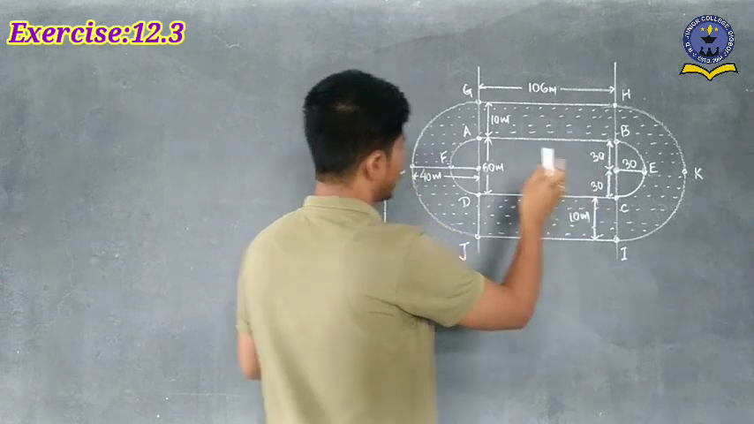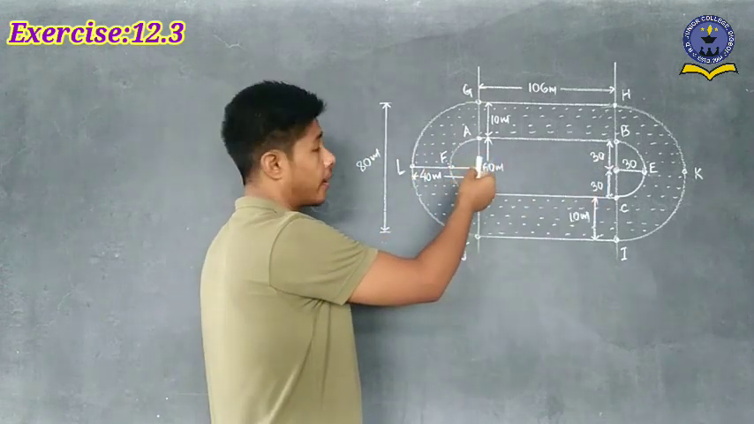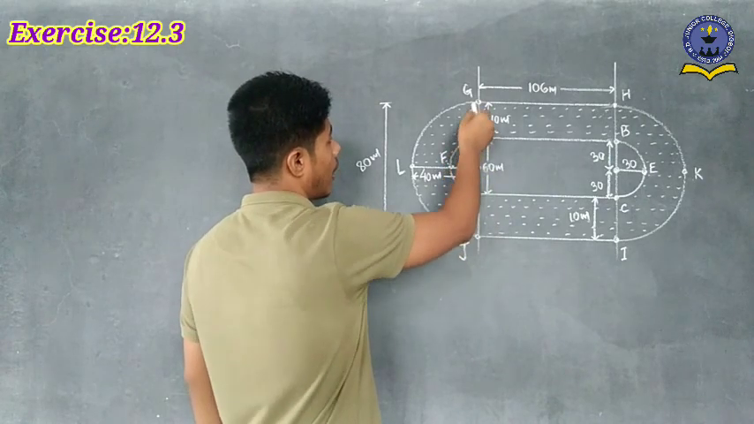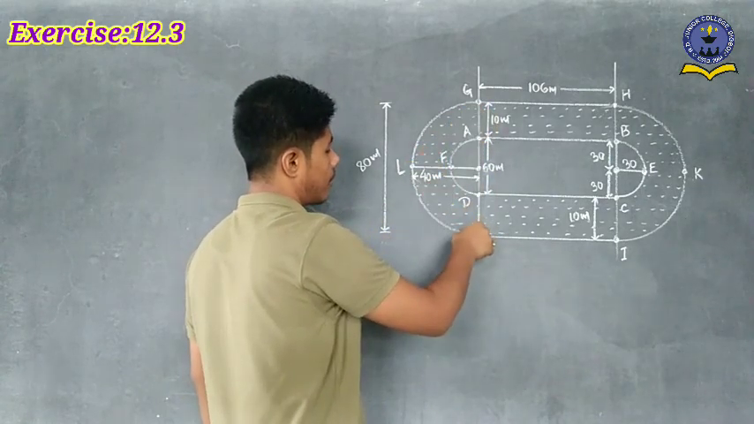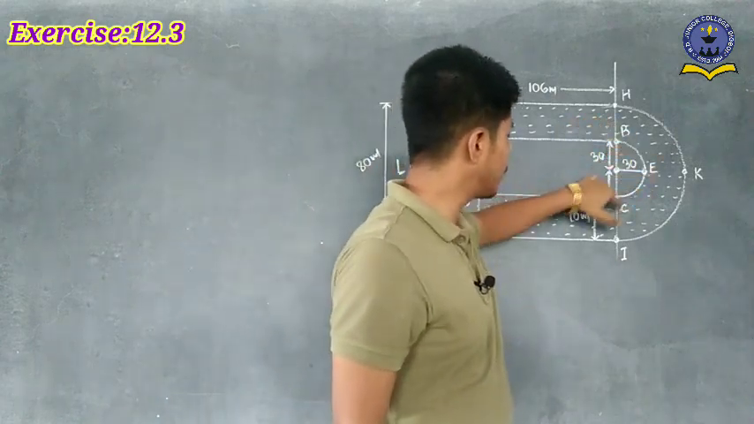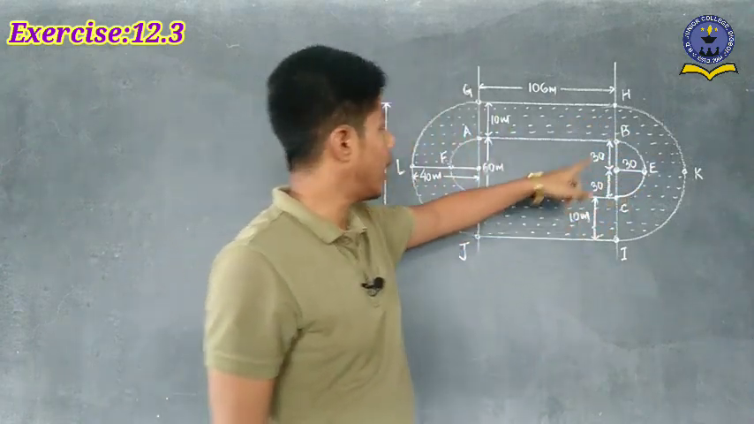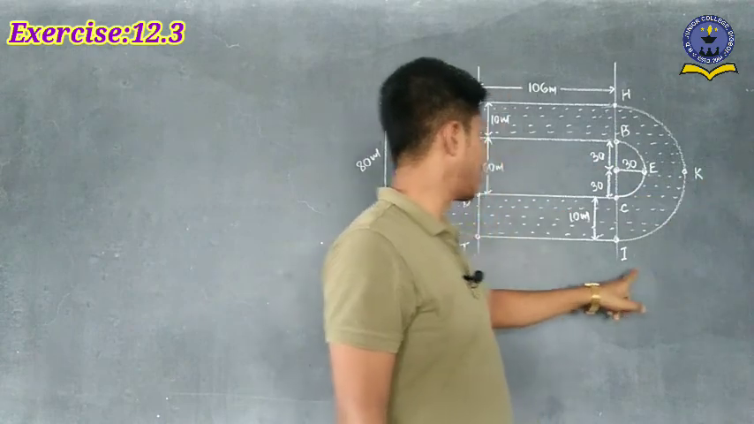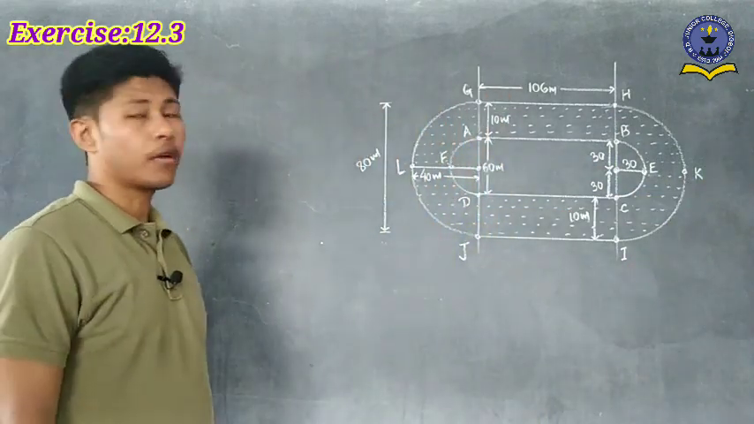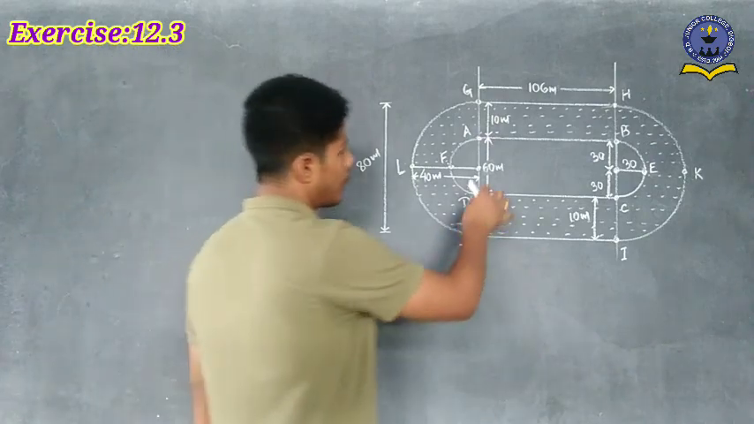Okay, now after that, at each end, semicircles are there. A, F, D is the smaller one, and G, L, J is the bigger one. Similarly here, B, E, C is the smaller semicircle, and the other one, H, K, I, is the bigger one. Is it clear? Now here what you have to find out first of all is the